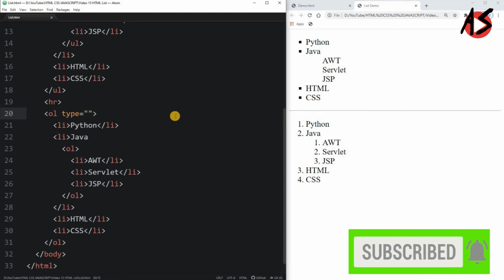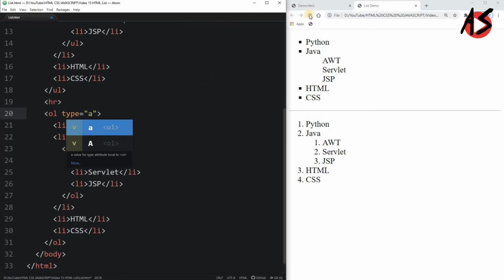If you give a in lowercase, you get lowercase alphabets. If you want uppercase Roman numbers, you can write capital I, and you can see uppercase Roman numbers. Similarly, for lowercase Roman numbers, you can simply write small i. So you can see lowercase Roman numbers.